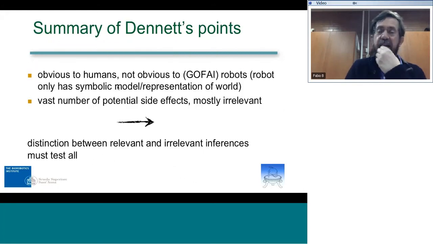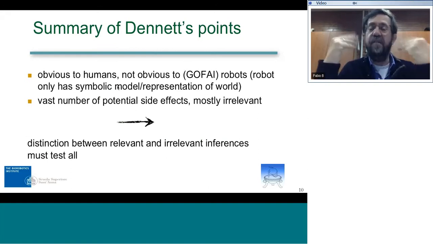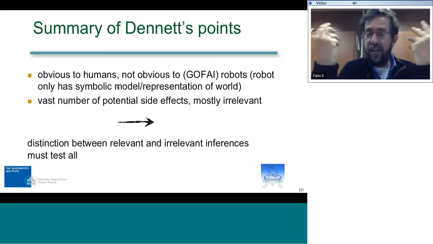But what Dennett tried to point out, and I think most of us agree on that, is that what is obvious to us, because we have a lot of tacit assumptions, a lot of reasoning, if you want to call it reasoning, about the reality that we are not even conscious of,